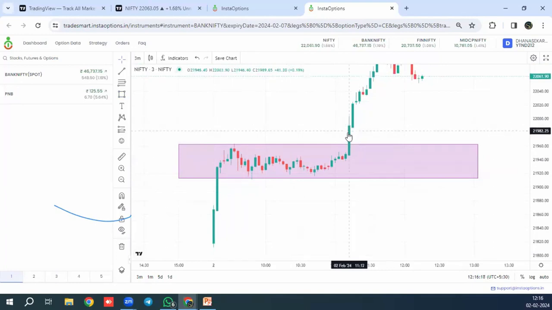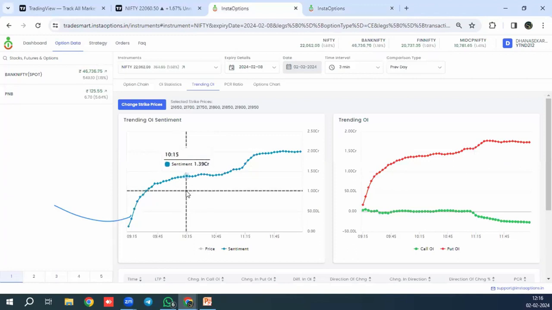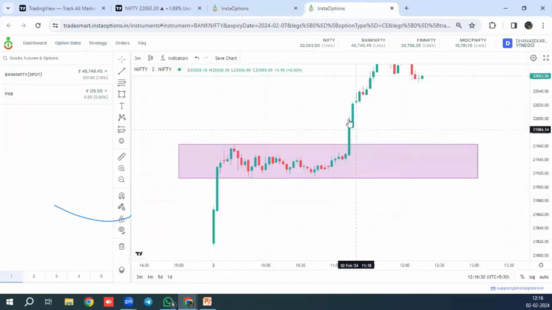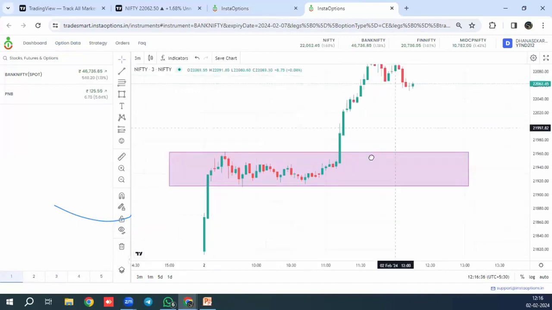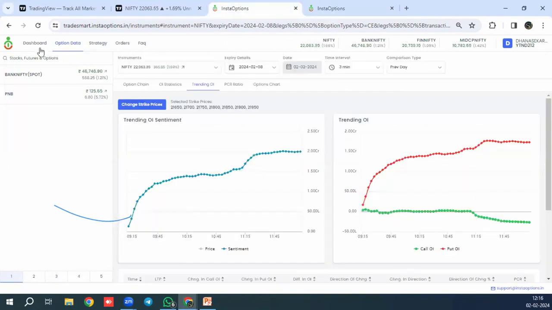And there was a breakout. You can see sentiment was ultra bullish and more than 1 crore contracts is in your favor, right? So once it is a breakout, we can either go for a sell of put option, or we can go for a buy of call option, or we can even use a spread. So if you don't know which one to use, then we always have